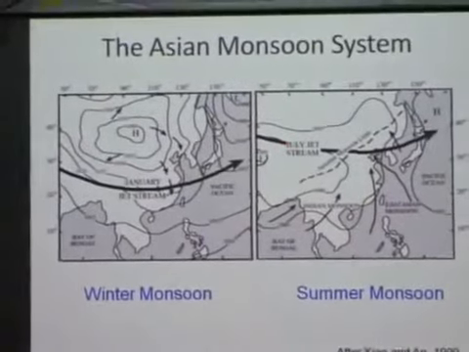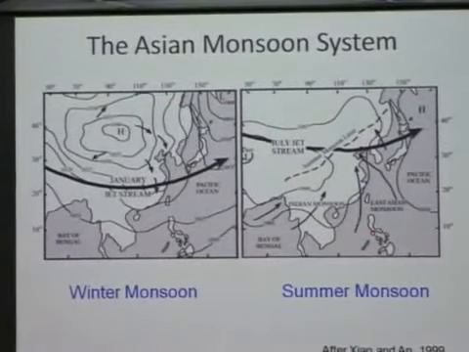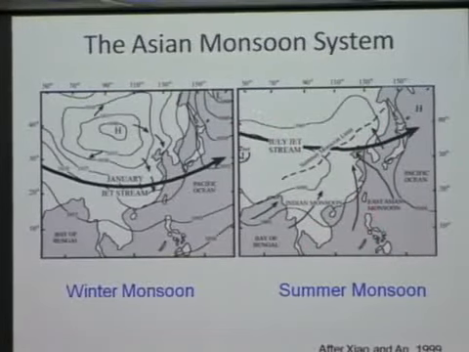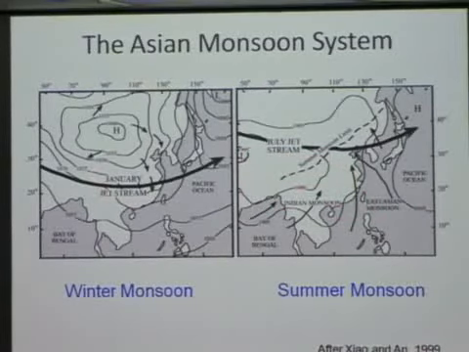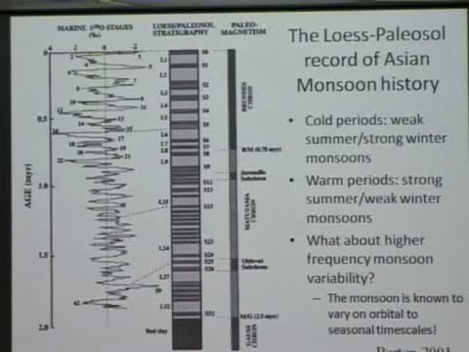During the summer, however, the continent heats up much more quickly relative to the surrounding oceans, and that pressure gradient reverses. We have low pressure developing over the continents, high pressure over the oceans, and so you get onshore winds which carry lots of moisture into the Asian monsoon region. This is just showing you the section of the East Asian monsoon, but there's also the Indian monsoon, which is closely related to this system. In most monsoon affected regions, about 80% of the summer rainfall will occur during the months of June, July, and August. And that's true for the sites I'll show you today.